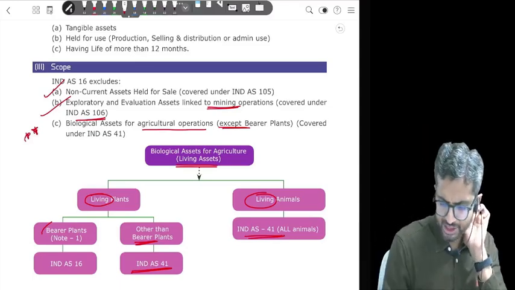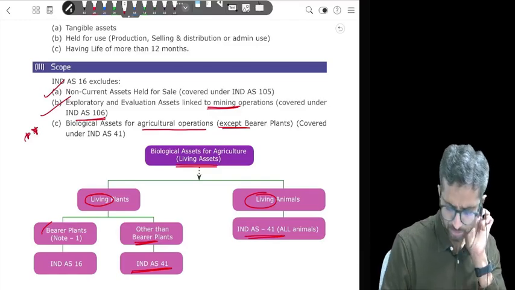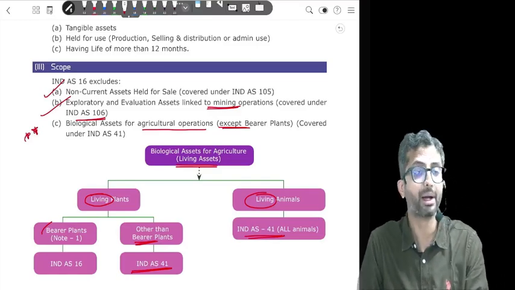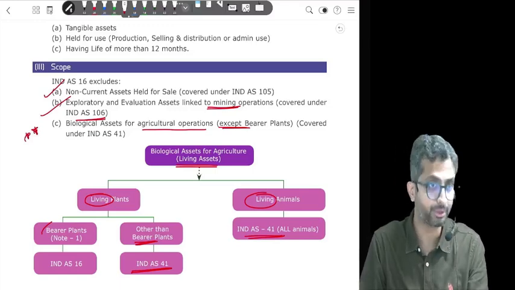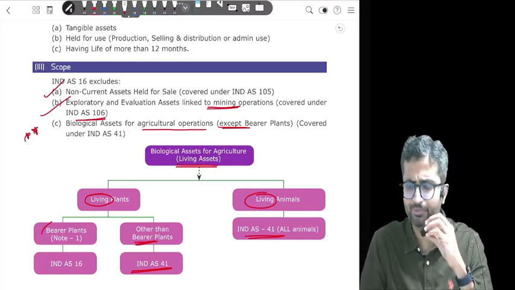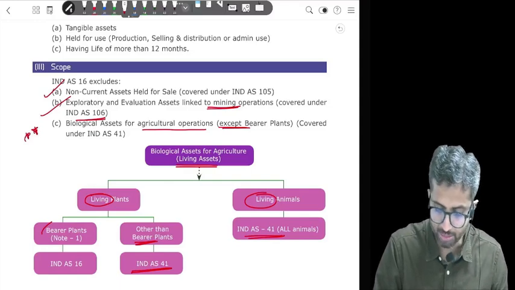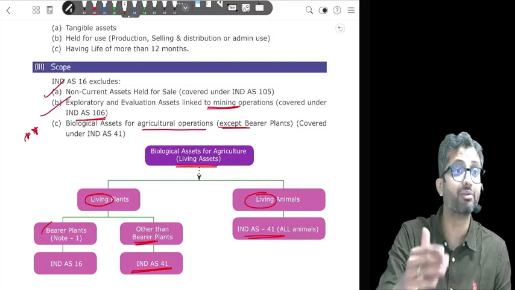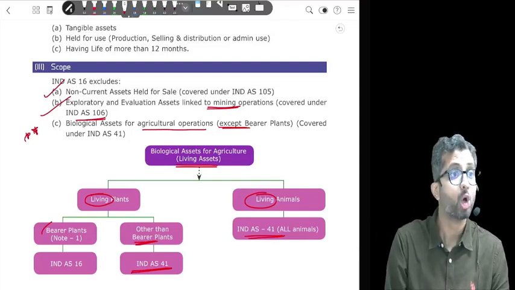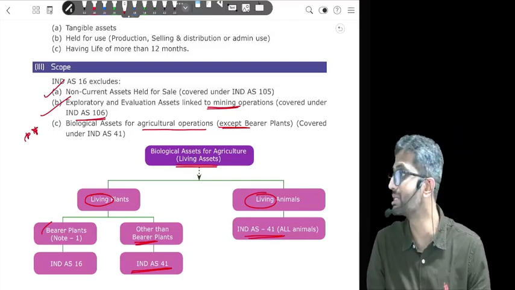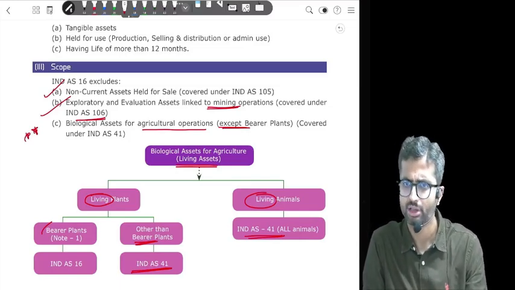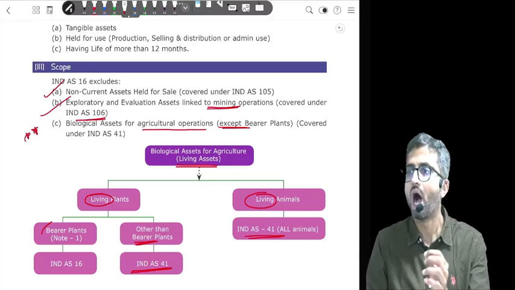Second, let us say I were to buy a machine from Germany, pay 100 rupees for the machine, but I have to pay some custom duty. So let's say I have to pay 50 rupees as custom duty. For me, will my cost be 100 or will it be 150 rupees? Will the 50 rupees basic custom duty that I pay be a part of the cost of my asset? Sure? Okay.